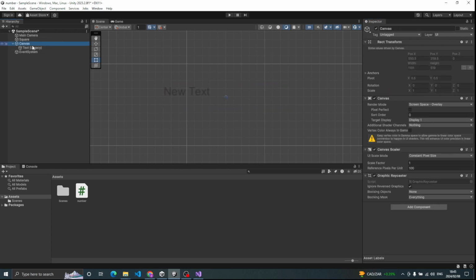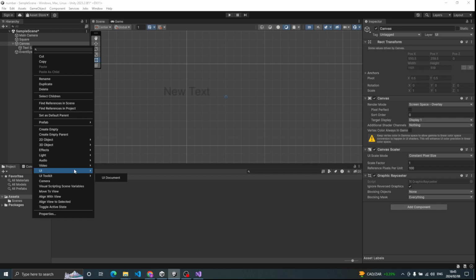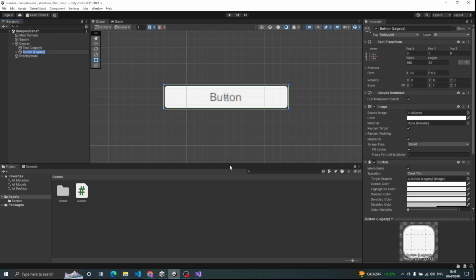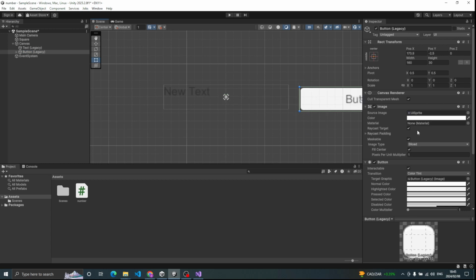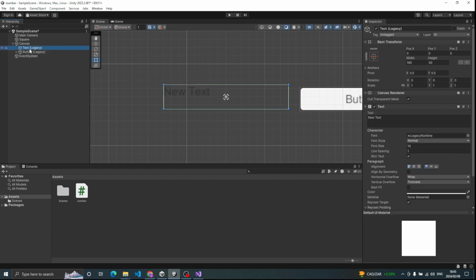Then click and make a UI button. The button is pretty cool and I will show you why it is, but that's later in the video. So the button's done, rename the text to 1 or whatever you want, then resize this and